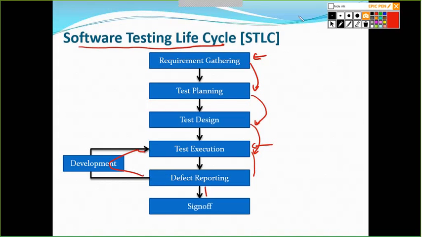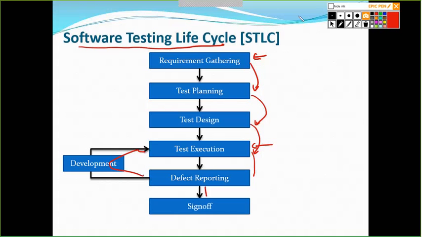Then we will go into the design phase where we will write the test cases for individual functionalities. Then once the test cases are completed, we will go into the execution phase. If there is a defect, we will report the defect to the development team. Once the defect is fixed, we will retest the functionality to see whether the defects are fixed, and then we will sign off. So this is the flow in which you need to answer when they talk about the software testing